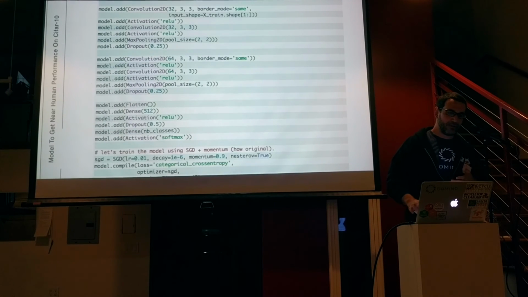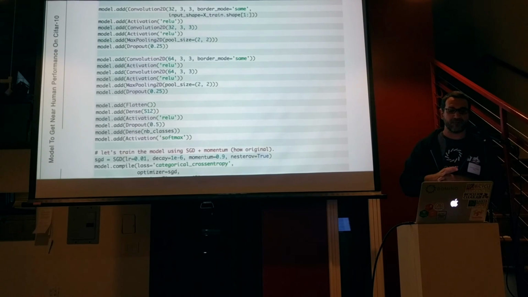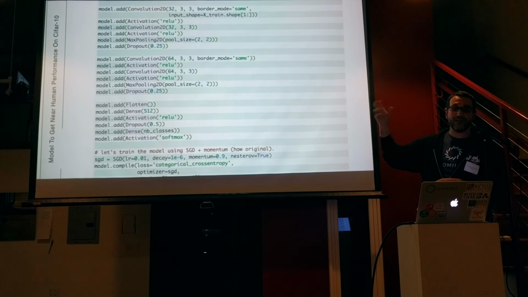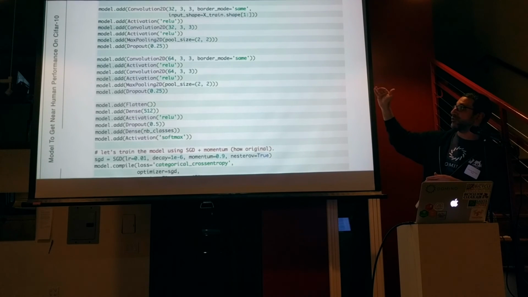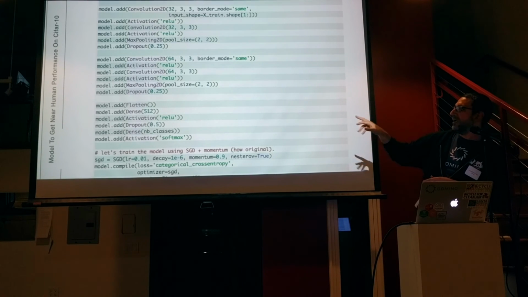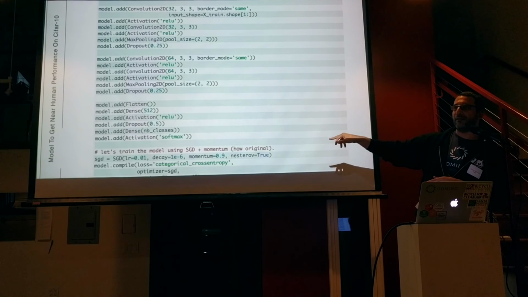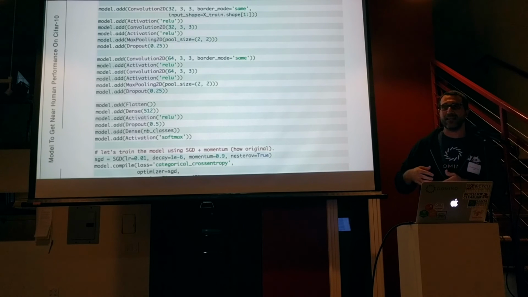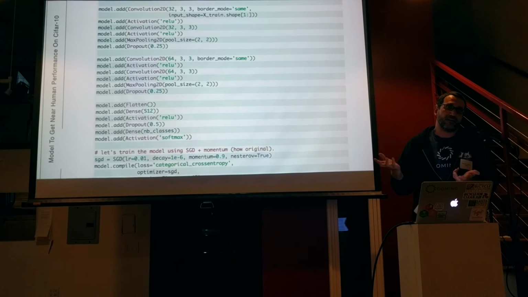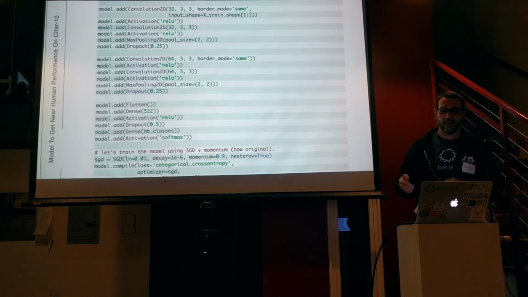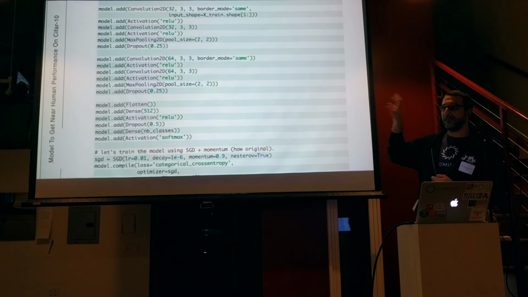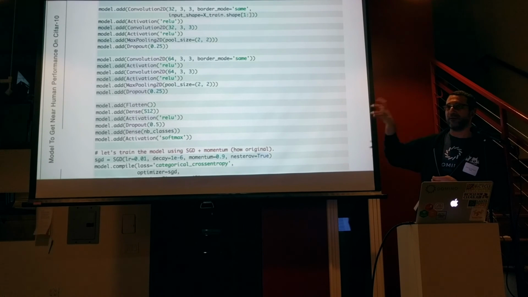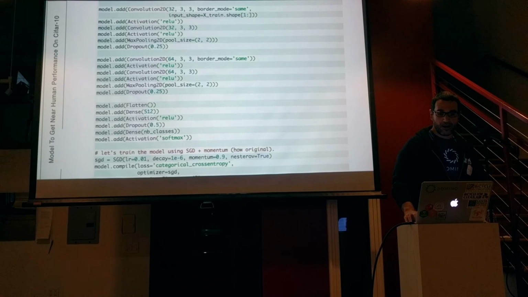So this, for example, is to get near human performance on CIFAR-10. This is just a model. But again, you see it's the same idea, right? You create a sequential model. You're adding activations, convolutions, dropouts. You're adding all these layers and stacking them together. At the end, you hit model.compile, and whatever backend you have, either TensorFlow or Theano, it'll compile it to that. This can be a lengthy process because it's compiling, right? That takes a while. But at the end of that, you've got a deep learning network that is compiled for your specific architecture.